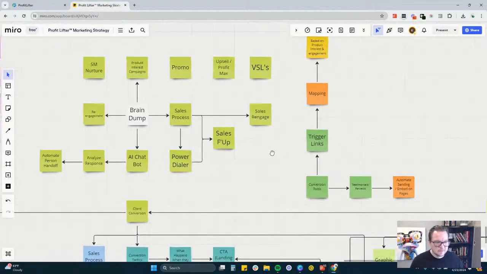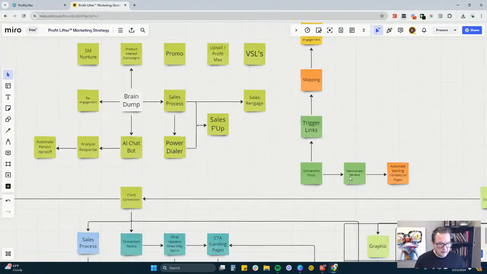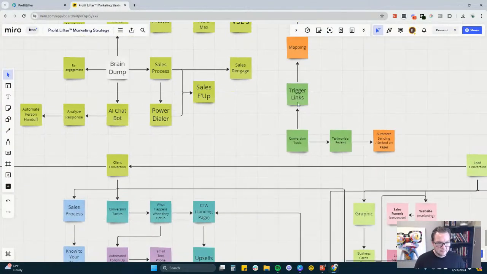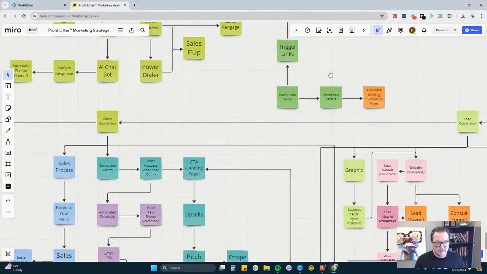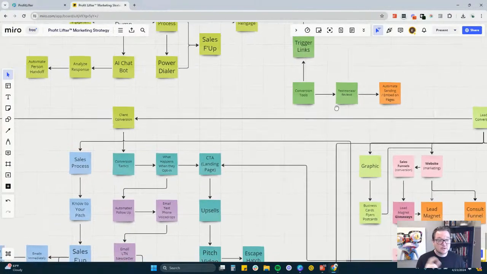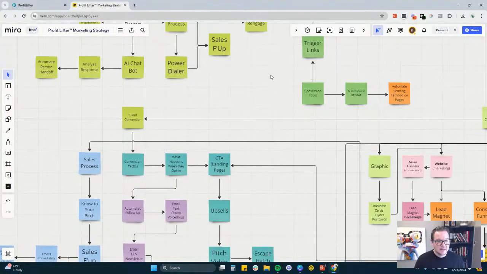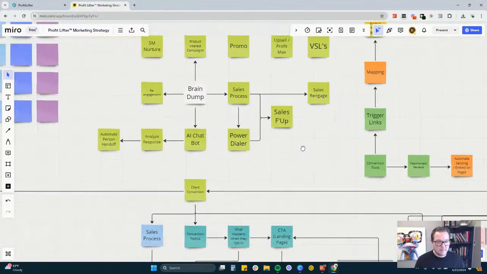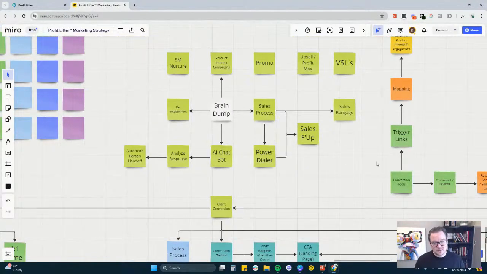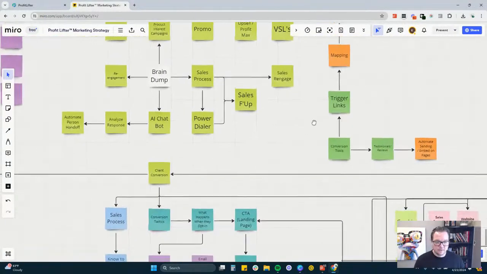All right. So now we've integrated, and now we're looking at testimonials, reviews, and trigger links. These testimonials are what show up on your landing pages and on your websites. Your trigger links are going to automate your sales process, automate your marketing, and help you overcome those